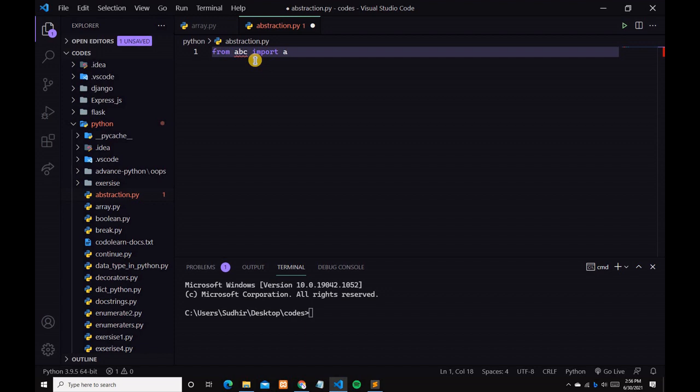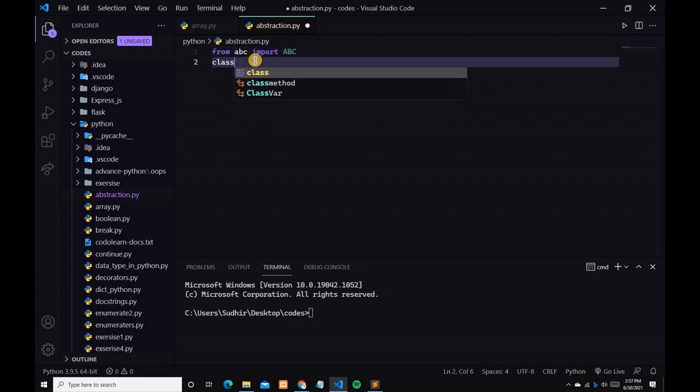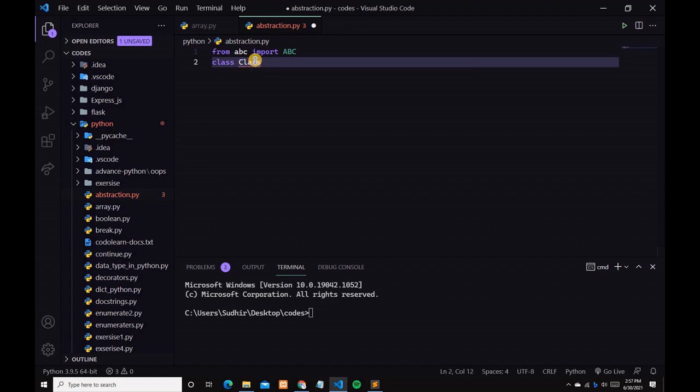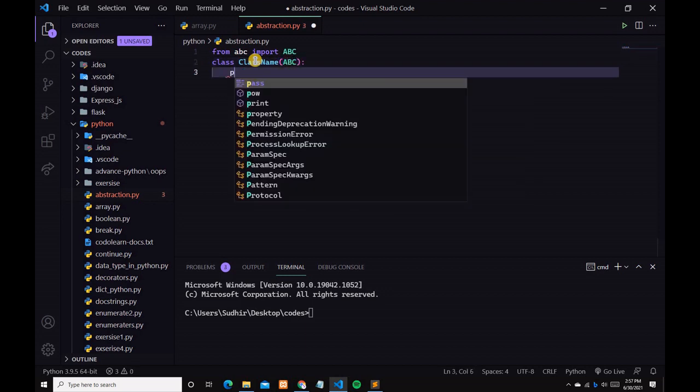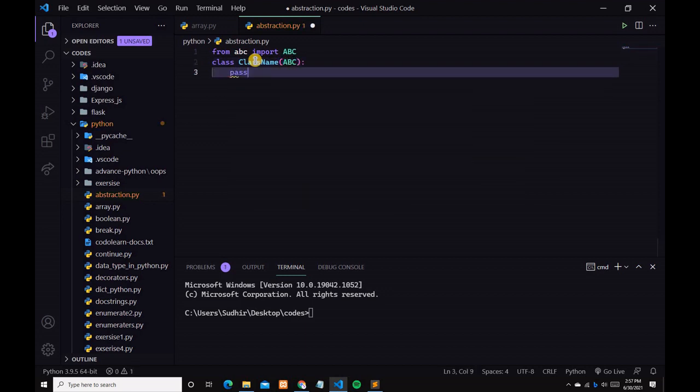After that you have to create a class. So I will type class and then the name, and you have to pass the parameter ABC, and then you add the block of code that you have written.